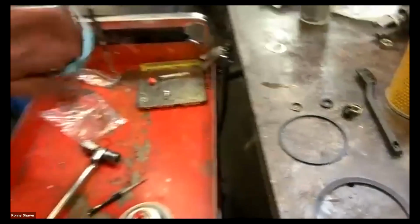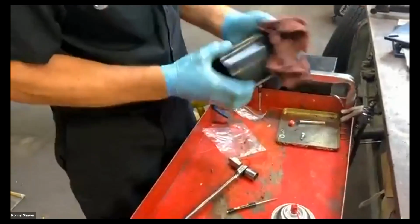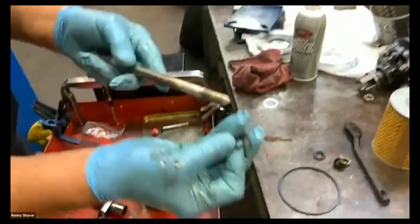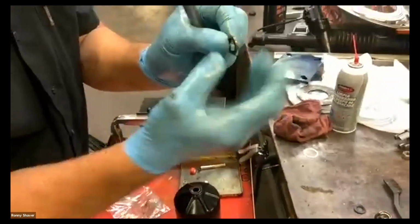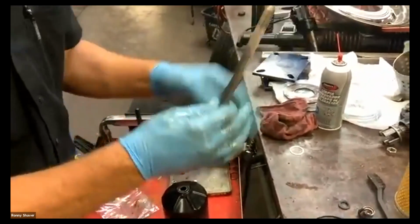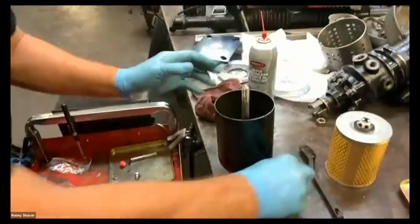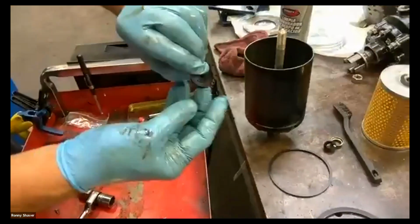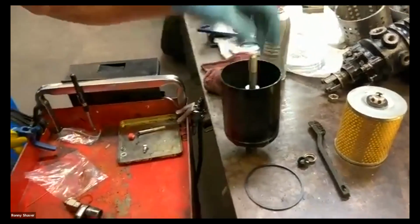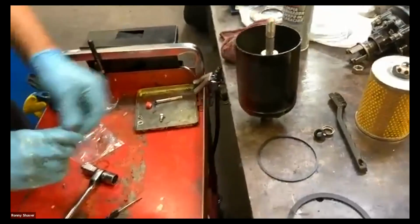So I'm going to wipe this can out on the outside. And here's the proper way to put it together. You take your big long bolt. You take your Dowty seal. As you can see, this has some rubber bonded to it that's thicker than the steel washer, so that compresses and seals it. That goes first. Then you get your can. Then you get the big flat washer. There's a flat rubber washer, and that seals the bottom of the can. Then you take the big flat steel washer, set it on top of that washer, then the spring,